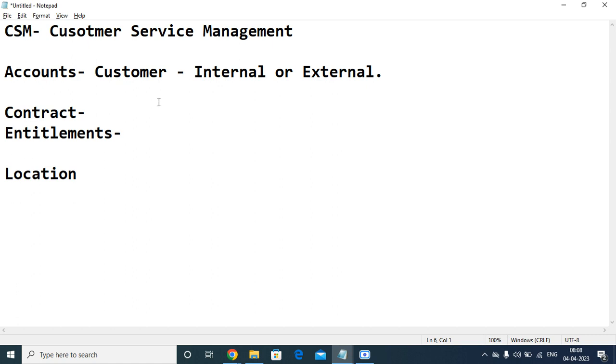So the case is nothing but, what is a case? For example, if you are a customer, whenever you have created something, so what we have to do,